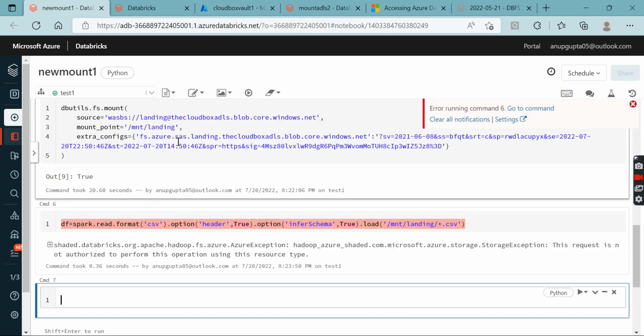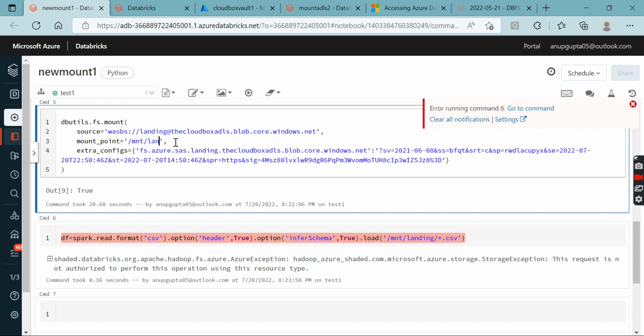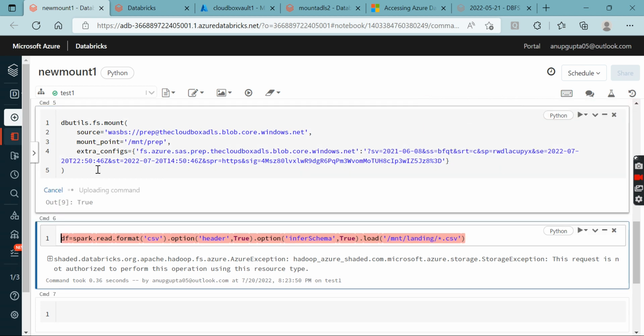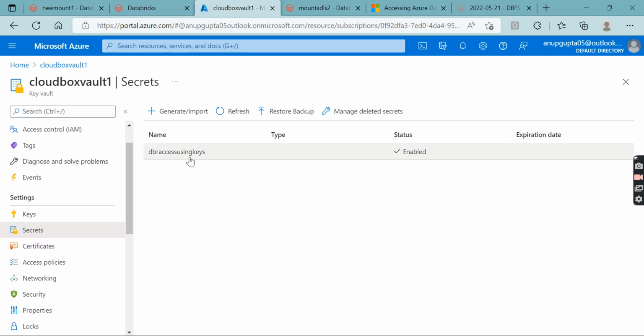Okay, it's not coming. Let me do some changes. There is one more folder called prep. Since we need to do some changes here as well, prep, and we need to do changes here as well. Let me run it. Let's see if it is already mounted, then yeah. So we come to